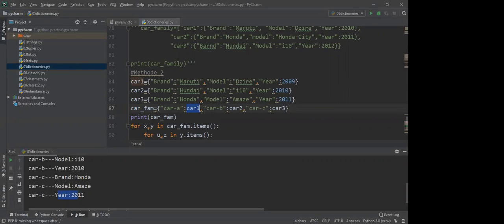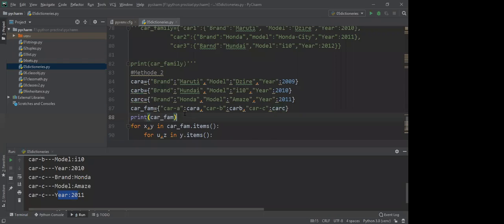But already I have created one dictionary car1. In that I have mentioned all the things. Or of course, to avoid the confusion, you can make car A, car B, car C, right? So what I will do is I'll make car A. Car A information I have already provided in car A dictionary, and car B information I have provided in car B dictionary, and car 3 information I have provided in car C dictionary.